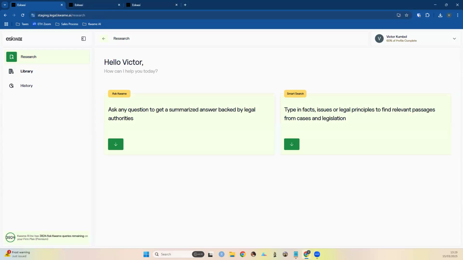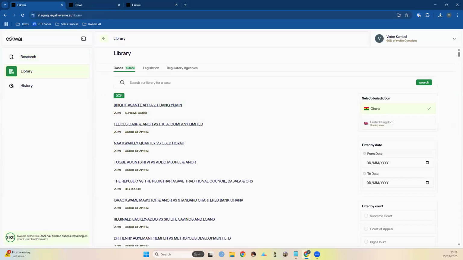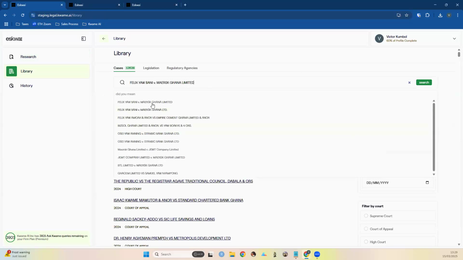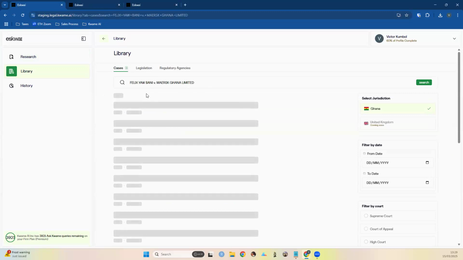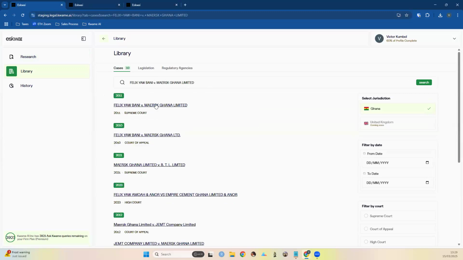The smart citator tells you how a case that you are viewing has been treated by more recent court decisions and how the court viewed the principles from that particular case. So I'm gonna open one case just to illustrate how the smart citator looks. So this is Bani versus Mas Ghana Limited, a 2011 Supreme Court